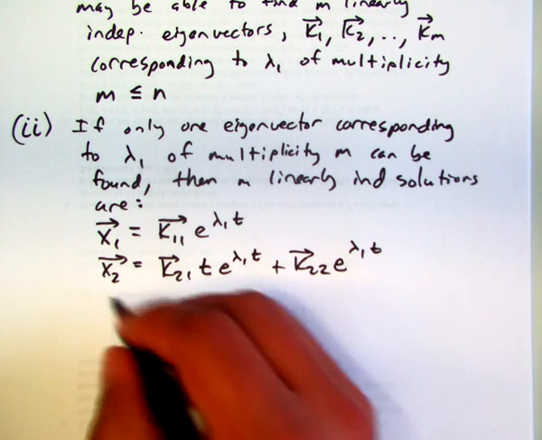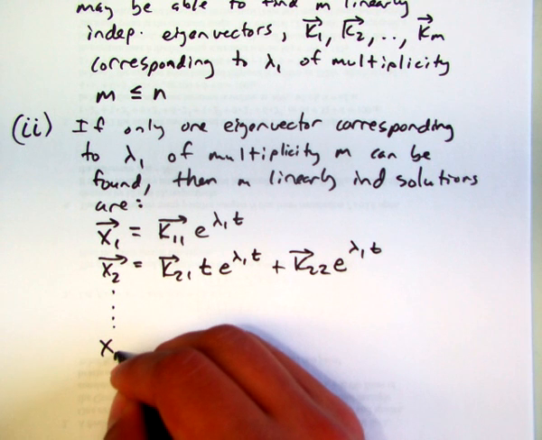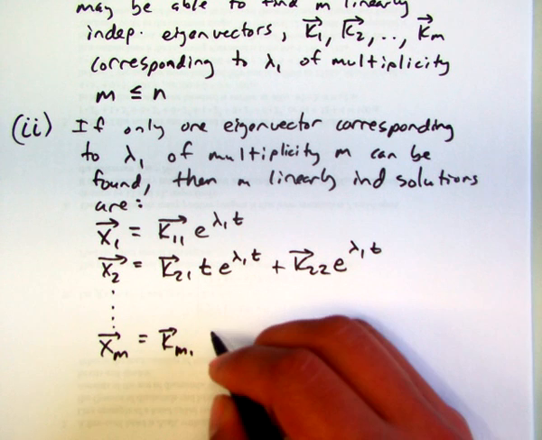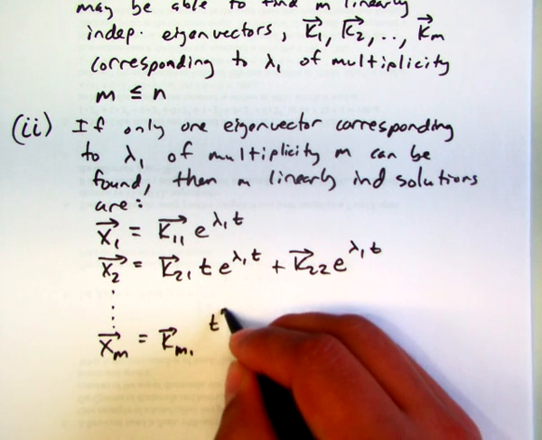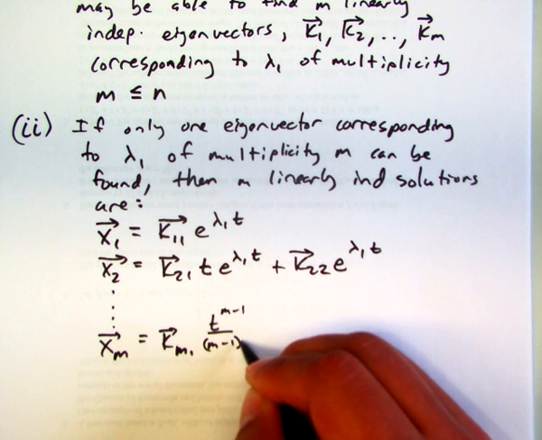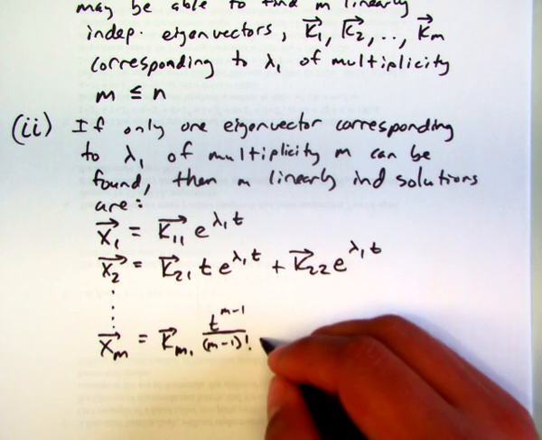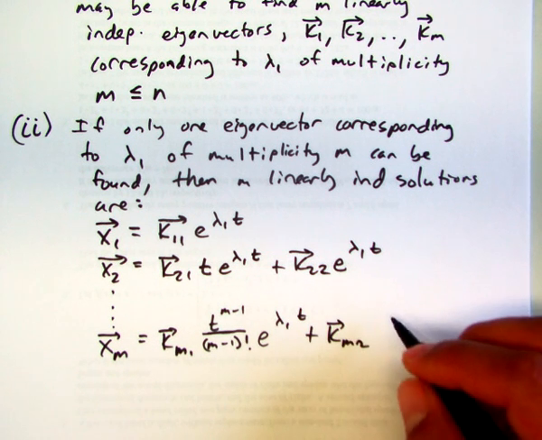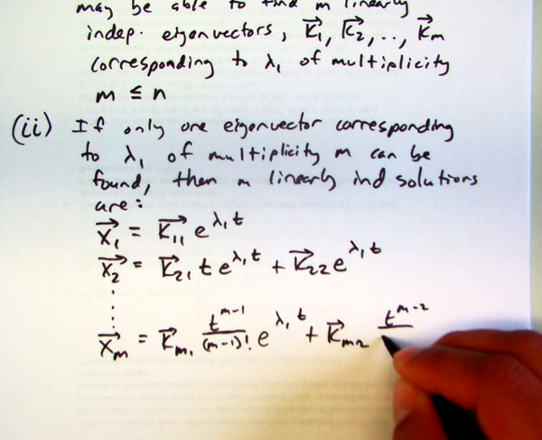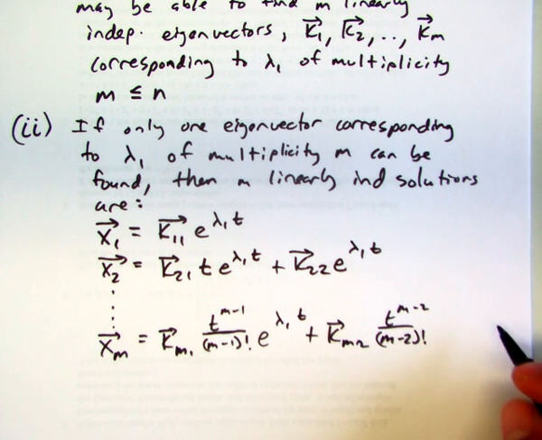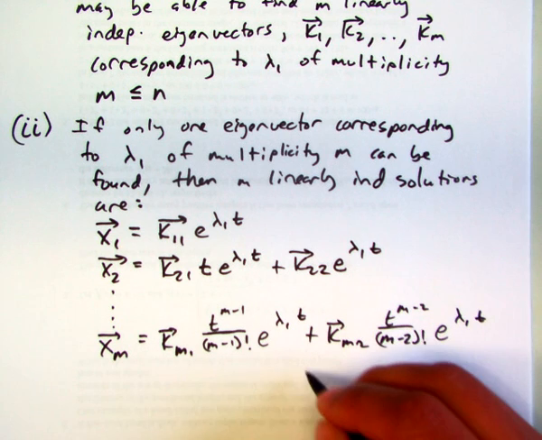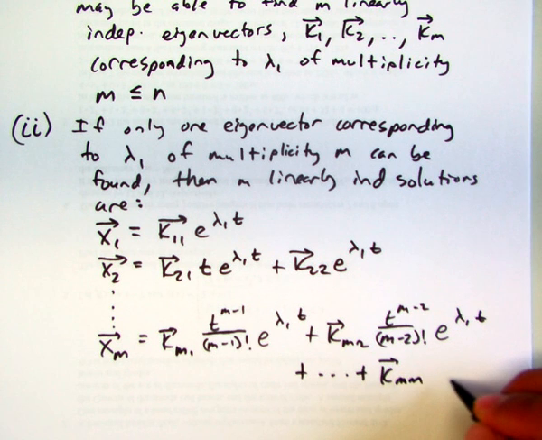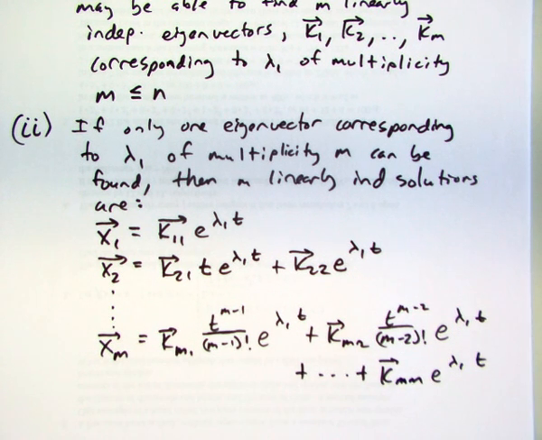If we have m of them, then we'd have k sub m1, and then the pattern is going to be t to the m minus 1 over m minus 1 factorial e to the lambda 1t, plus k m2 t to the m minus 2 over m minus 2 factorial e to the lambda 1t, and so on, K m e to the lambda 1t. And I'll explain via an example